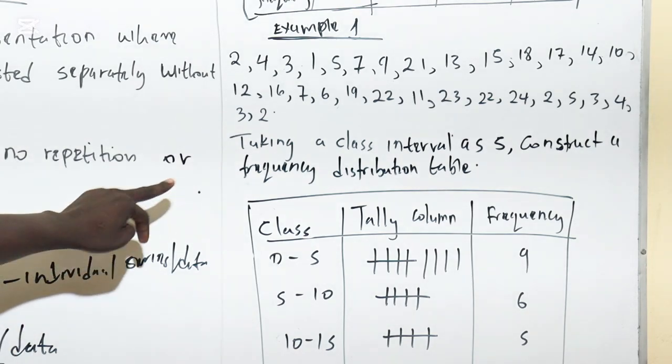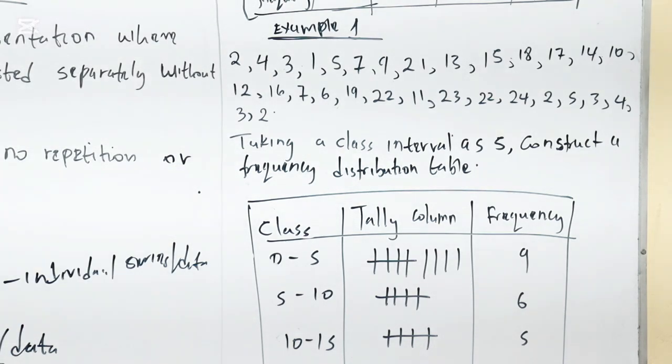Then from there, what's the question? The question is, taking a class interval as 5, construct a frequency distribution table. Now we have to construct a frequency distribution table. Now before we construct,